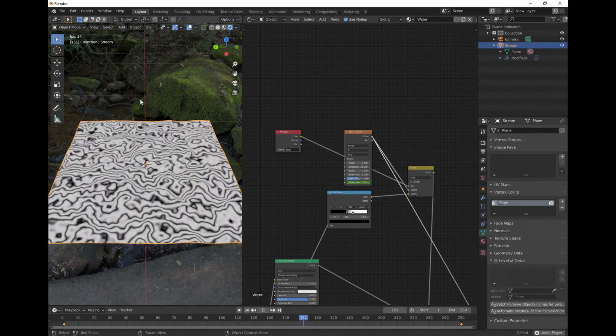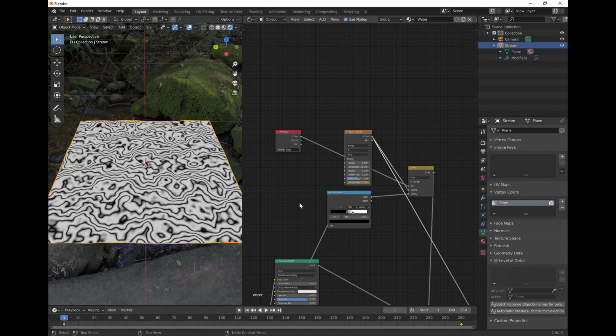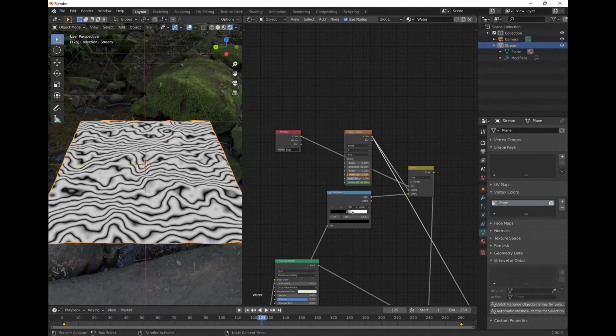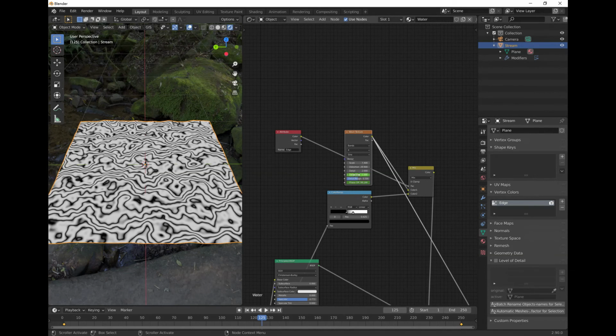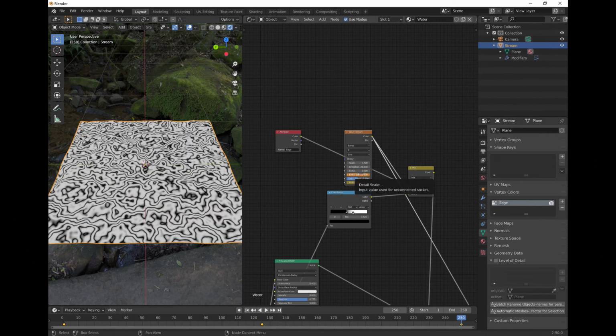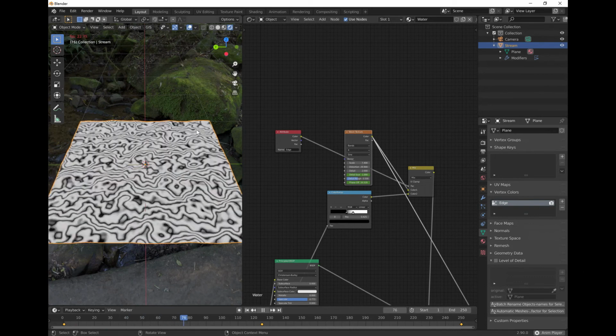Not very much, but enough to suggest some sort of alteration. If we wish to make it a little bit more variable, we could do the same thing with things like the detailed scale. So we could set a keyframe here at the beginning. We could go to the middle of the animation, say 125, and we could change the scale a little bit more. We could now insert another keyframe by pressing I in the middle. Then we could go to the end and change it a little bit more, and again press I to keyframe that. And what you'll see is that if we play through the animation now, we're getting some variation